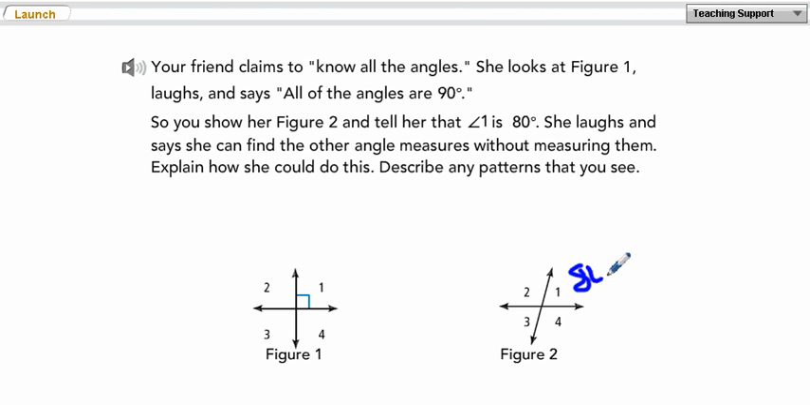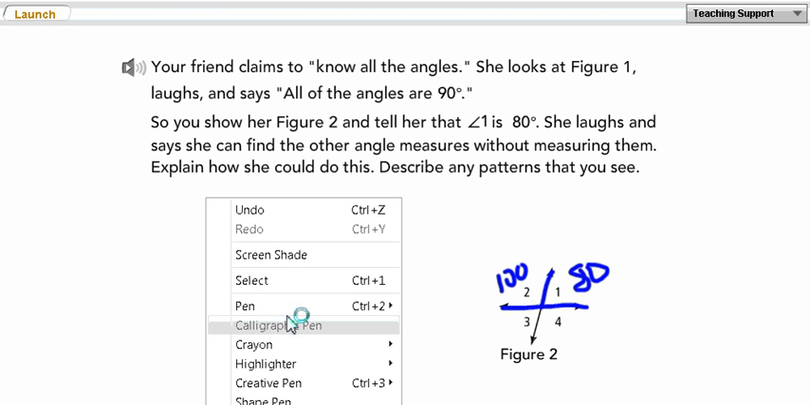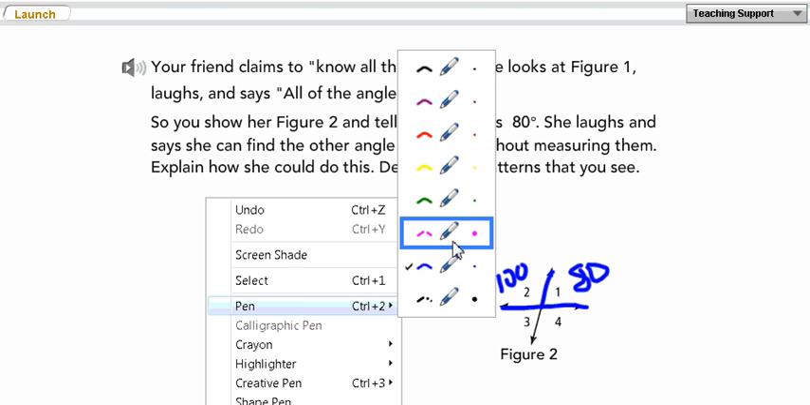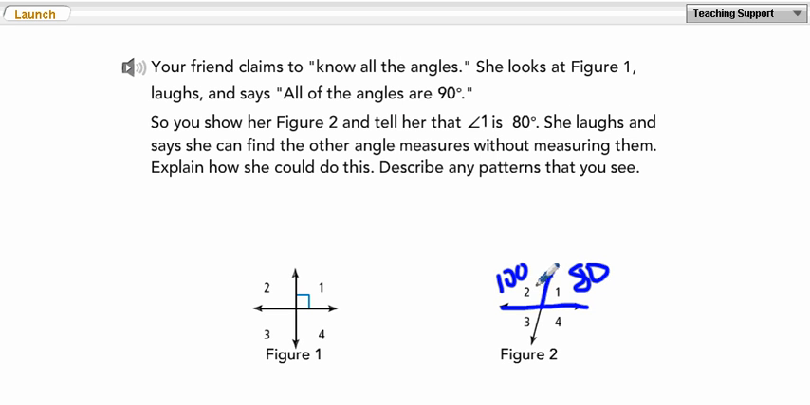So if she knows this is 80, how do you think she goes about finding some of the other angles? Take a moment and try. Hopefully you saw that if she knows this is 80, this is making a straight line, so this angle too must be 100. Well, if she knows that is the case, then she can do some more deductive reasoning. And if this is 100 and this is a straight line, then this should be 80. Well, if she knows that this is 80 and it's making a straight line with this angle, this should be